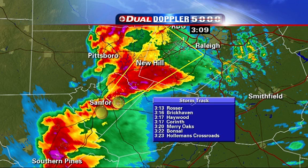Well, we've got a storm track up. Let's take a look at the other weather computer, and if you follow the trajectory of this, it will eventually make its way into southeastern Chatham County, the little Boot Hill area there, and also into southwestern Wake County. So if you're watching from Brickhaven, Haywood, Corinth, Mary Oaks, Bonsall, Holloman's Crossroads, New Hill eventually, this is likely going to hold together and make its way into southwestern Wake County. And if you look at the trajectory, it will eventually make its way